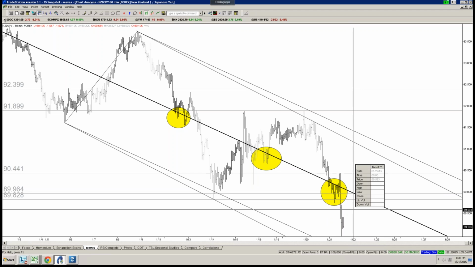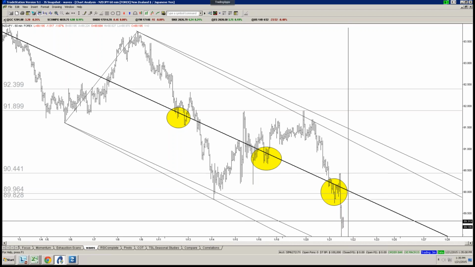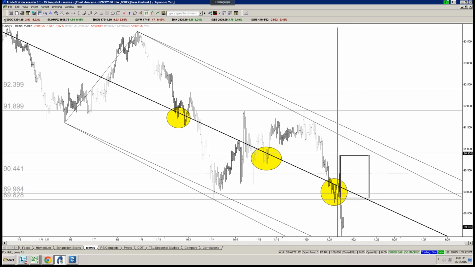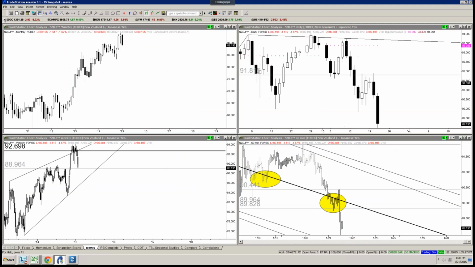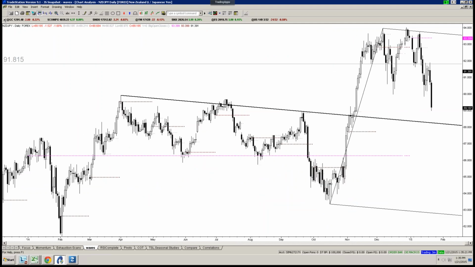Okay, so Kiwi yen, let's say you can get an 89.95 entry on Kiwi yen with a stop at 90.50. At that point, you're talking 50-something pips risk, and they're yen pips, so they're not 1-to-1. And the next breakdown level or target area for Kiwi yen is probably not until about 88.20 tomorrow.